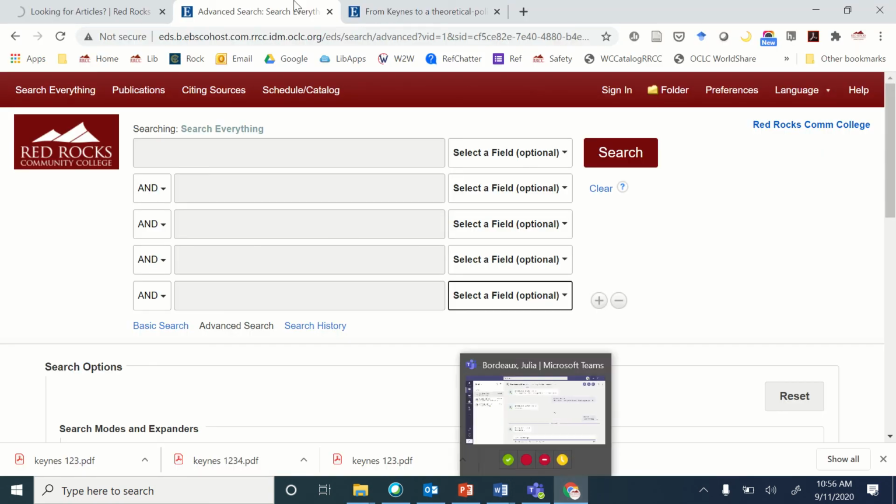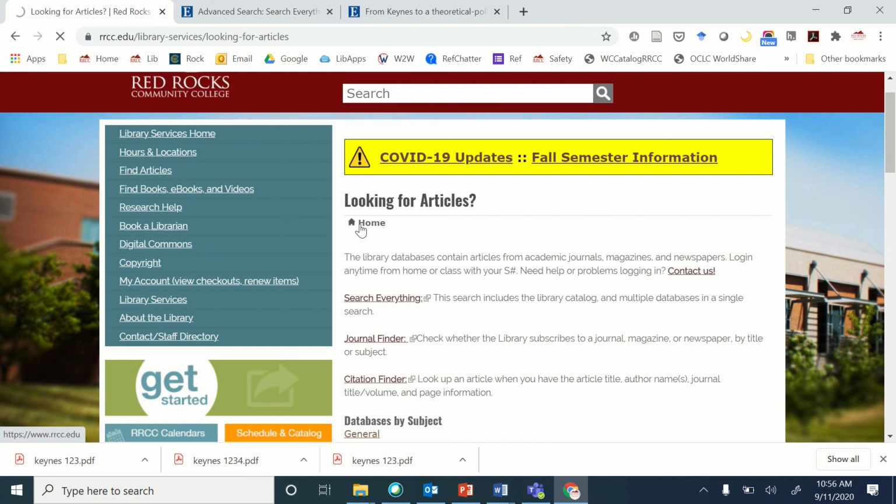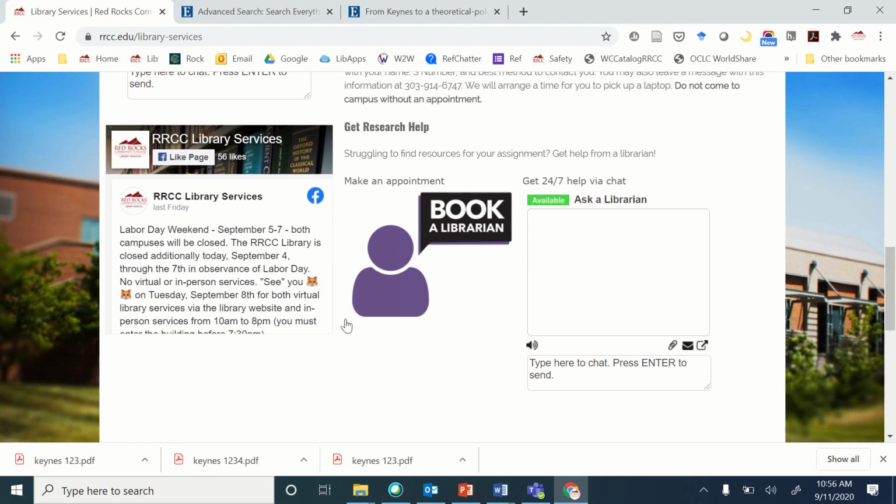All right, well, I hope this was helpful, and if you still need more help, you can book a librarian. To book a librarian, go to the Library Services homepage, go down to the green box and click on the Book a Librarian link. You can also go down to the bottom of the page and look for this little purple person right here and click on that to book a librarian appointment. When you book a librarian appointment, we'll sit down with you for 20 or 30 minutes and we'll actually go through the search with you so that we can ensure that you find the correct resources that are scholarly peer reviewed and that you can complete this